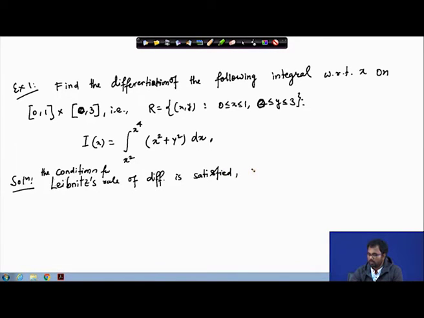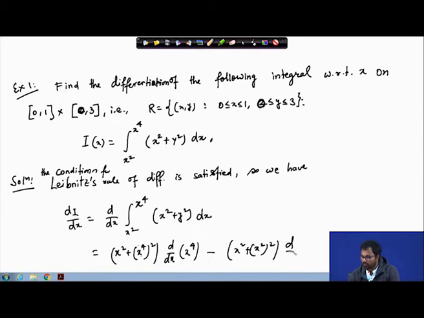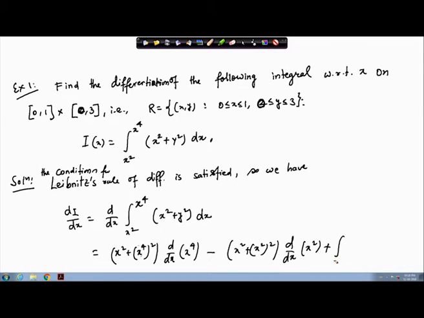So we have dI/dx equals d/dx of the integral from x square to x to the power 4 of x square plus y square dy, and then this will be x square plus y square, where instead of y we substitute the upper limit, which is x to the power 4, and its square is x to the power 4 whole square, times the differentiation of the upper limit, which is d/dx of x to the power 4, minus x square plus y square, where instead of y we substitute the lower limit, so x square whole square, times d/dx of x square,